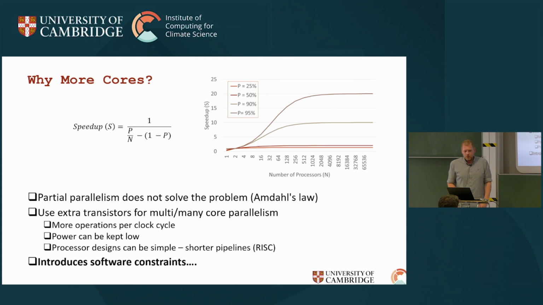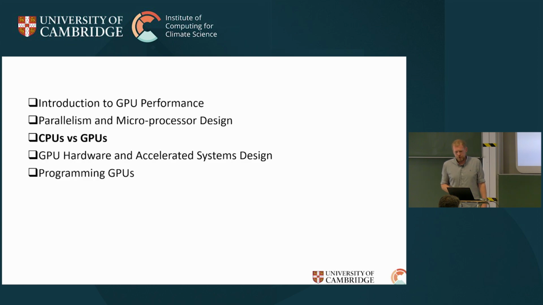And as I said, we're still getting more transistors. We've got multi-core designs. We've got now many-core designs. We need to find effective ways to use that are not limited by only certain parts of your code being parallel. So it's introducing lots of software constraints. Okay, so